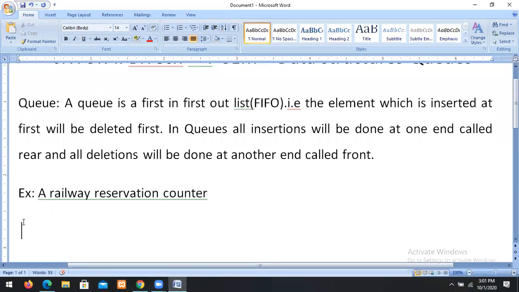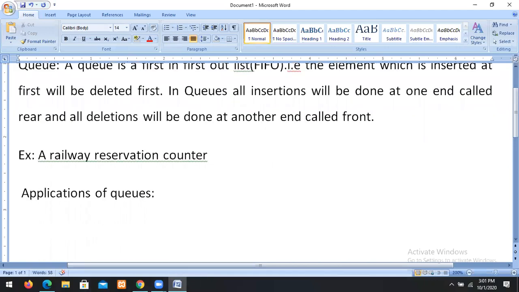So what are the applications of queues? One is CPU scheduling algorithms.